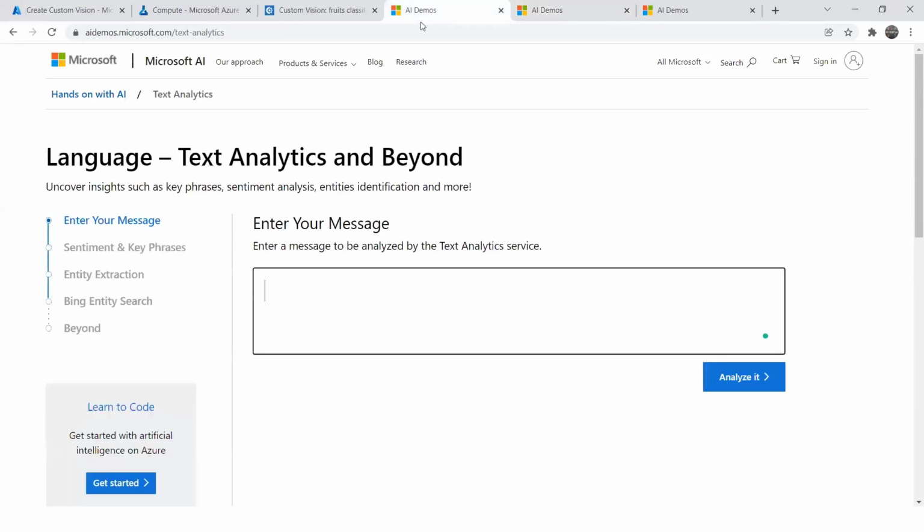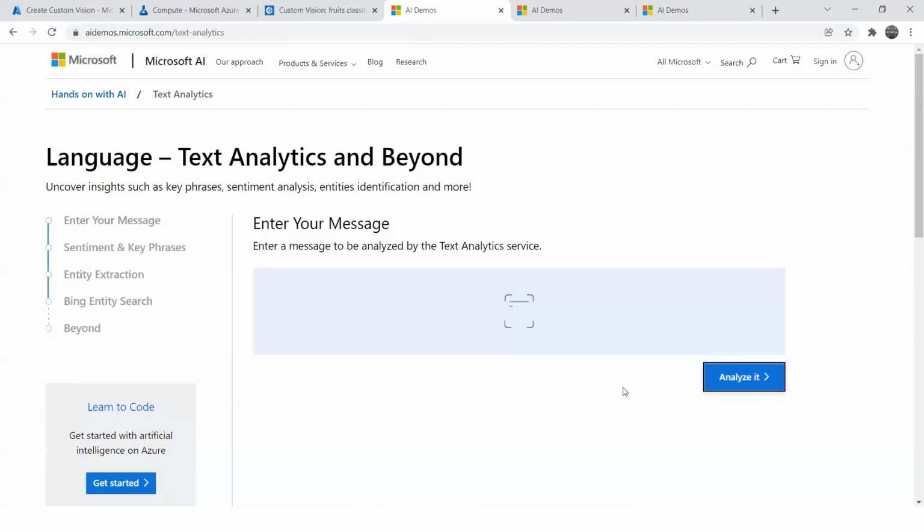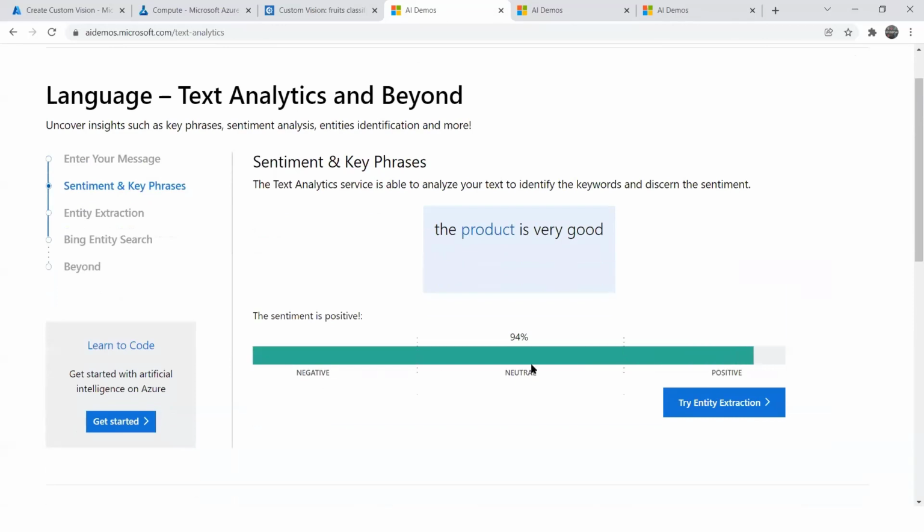And you can also use sentiment analysis. You might have seen in Amazon or Flipkart, there are a lot of product reviews available. No one is going through the product reviews and analyzing them manually. If I say the product is very good, it can analyze it and say that there's a positive sentiment.